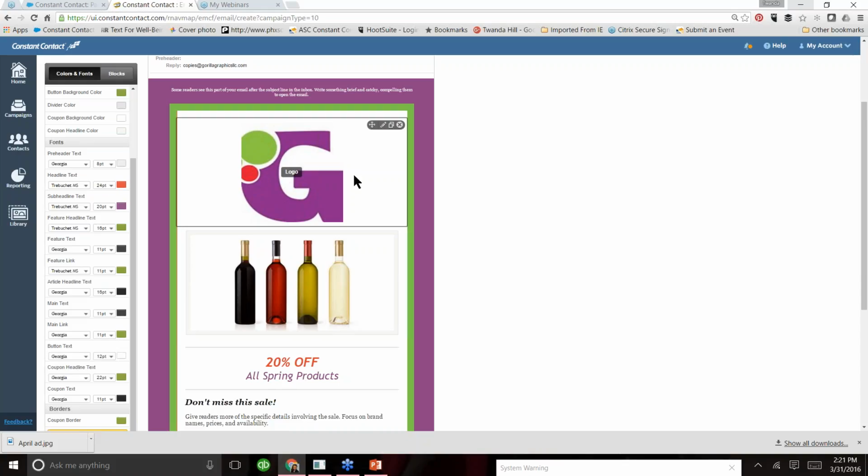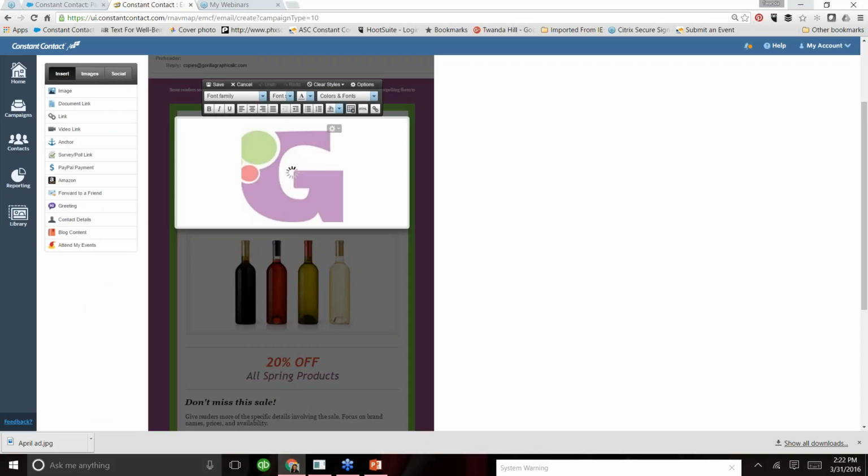Okay, so one of the things right here, we already have our logo in this logo box, but anytime you have your logo, you should also have the name of your business in writing. The reason being is that if people are looking at their emails on their mobile devices, they don't always have the download images feature on. So if you don't have text there, they're just going to get this box with an image, a white box with a red X in it. So I'm just going to go below it, and just like in regular typing,